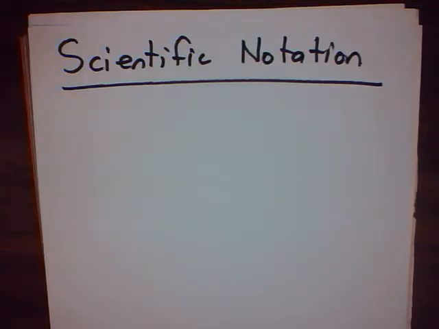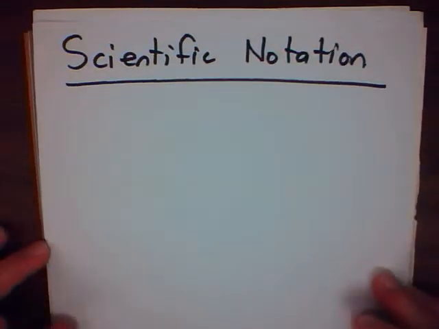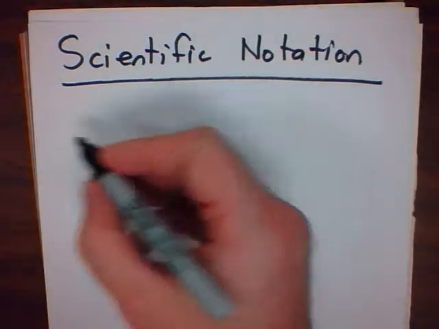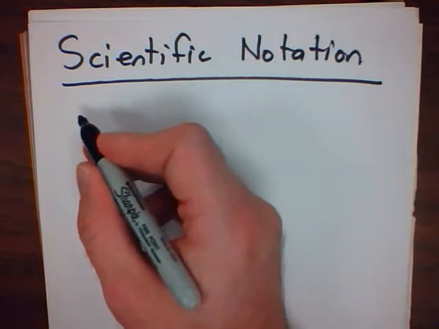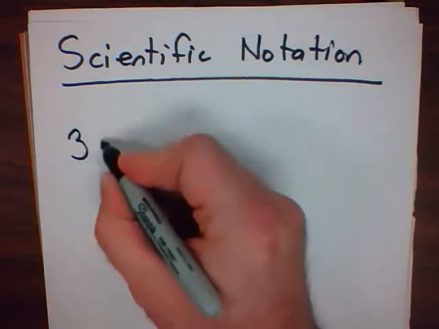Let's talk about scientific notation. Mathematicians are lazy. They're always looking for shortcuts. I'd like to show you one shortcut that they use rather often, especially in science, which is why it's called scientific notation. Many times in science,